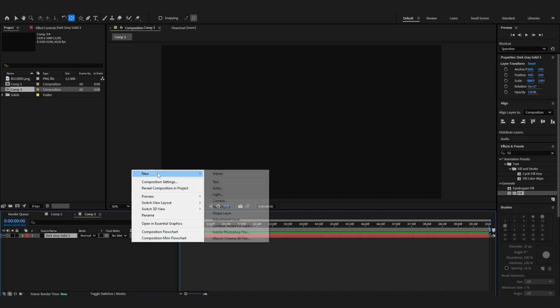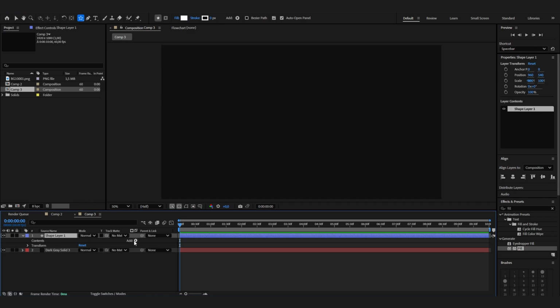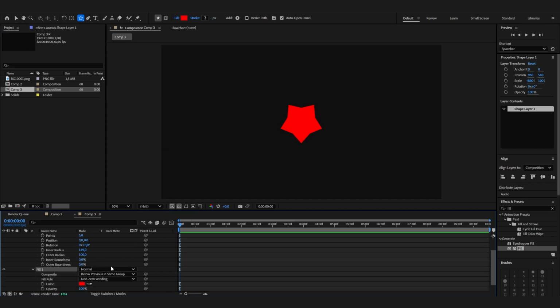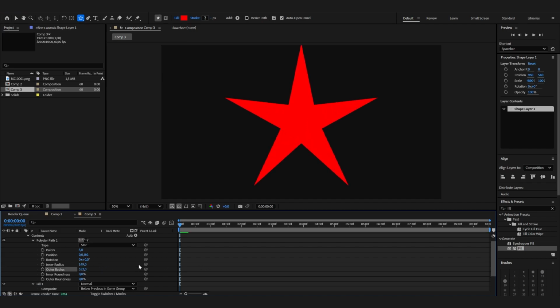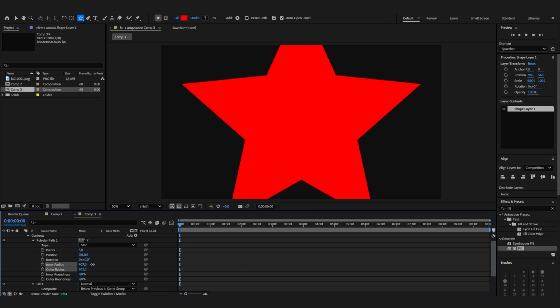So first of all, we need to right click in here and create a new shape layer. We can open this up and we need to add a polystar. For that one we also have to open the settings up and just increase the radius. Maybe we can also add a fill already so we can see what we're actually doing, and it doesn't matter what color the fill is as of now. So just increase the outer radius and the inner radius until you have a really big star shape, just like